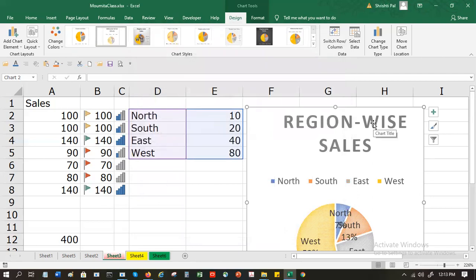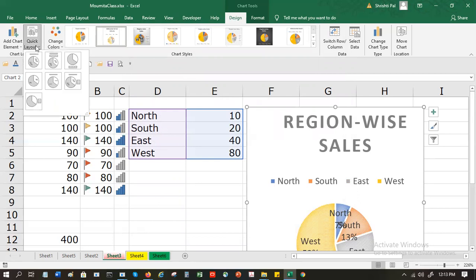And there is also the quick layout. What layout basically does is give you the general structure of your pie chart. For example, this is similar to your style, but style is more a combination of layout and color.